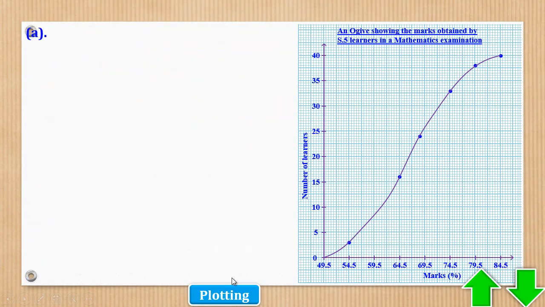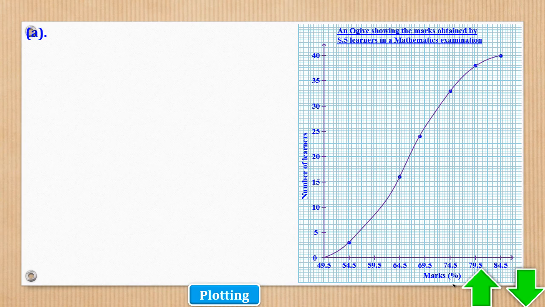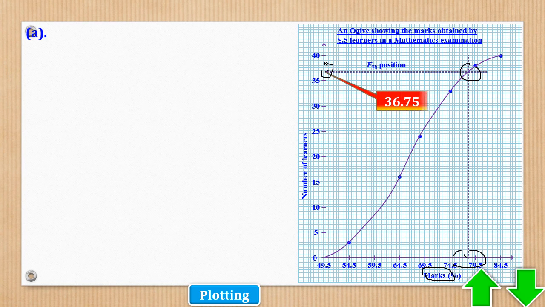So to get those who are above 78, we first come and look for 78 on the horizontal axis. Remember, the horizontal axis is the one which has the max. So we shall look for 78 and take a vertical line up to meet the curve. Where they intersect, you take a horizontal line to meet the vertical axis. Then read off that value, it will be